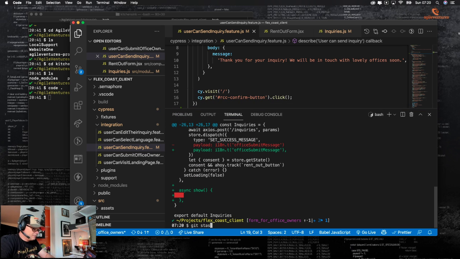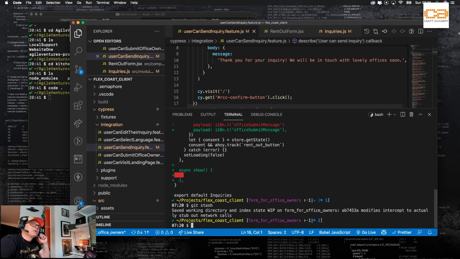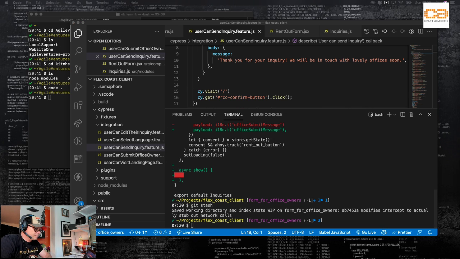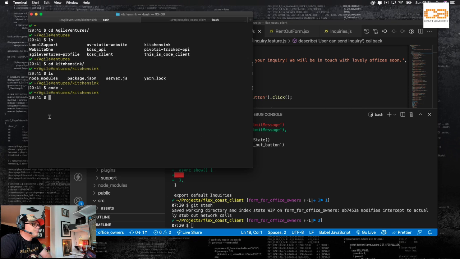Git stash. So let's just do yarn Cypress.